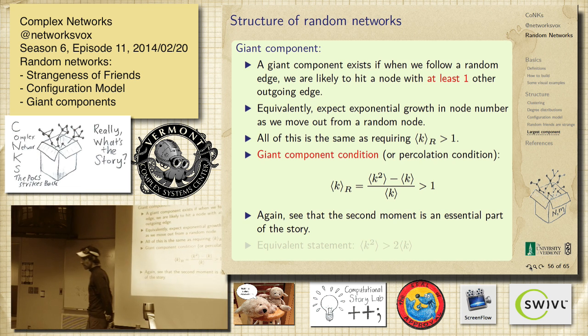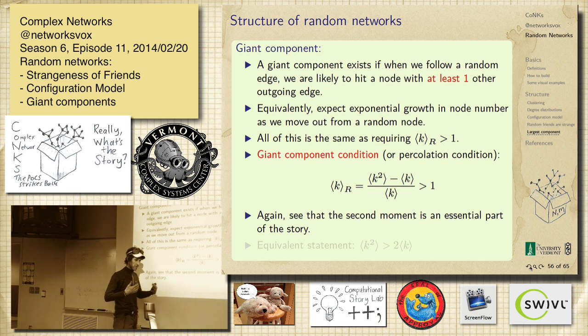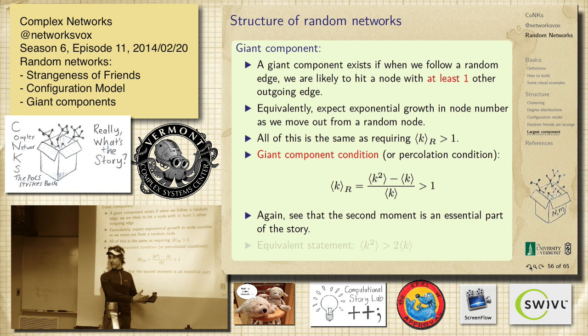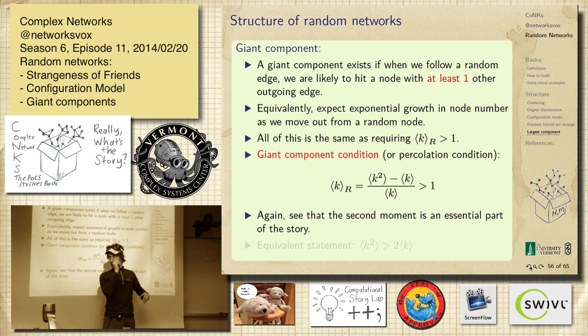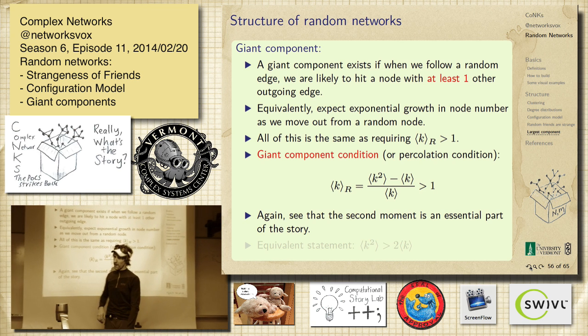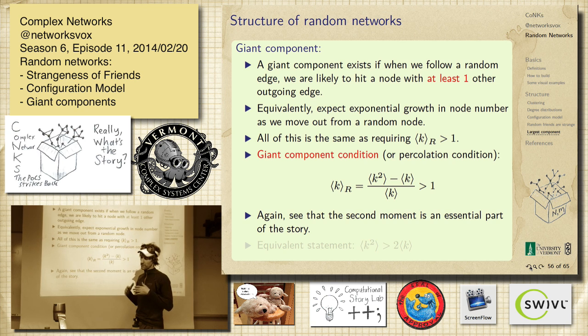Did you say that this generalizes to other than random networks? The same idea holds, actually. It really does, because it's all about whether, as you move through the network, as you've moved n steps away from you, the number of nodes that you've reached is growing exponentially, or growing in some way. If it's not random, then it's more complicated, and you may have some other thing. But is there an expansion? Is there a local expansion? Random networks have these very nice properties: they're locally branching, so we can do all sorts of computations for them.